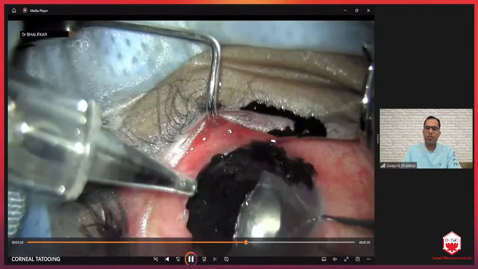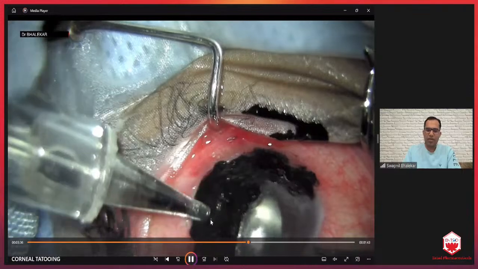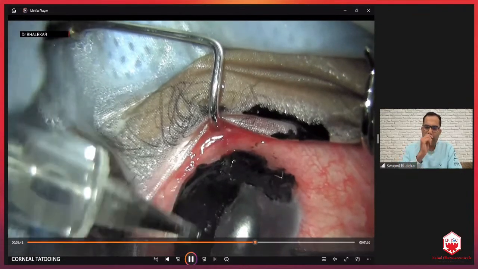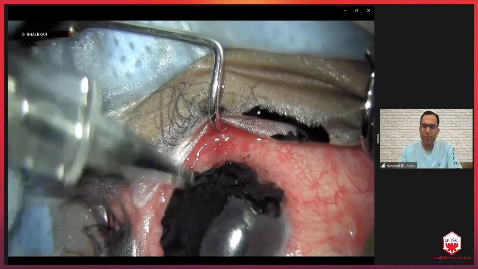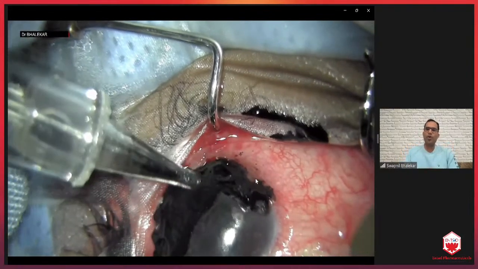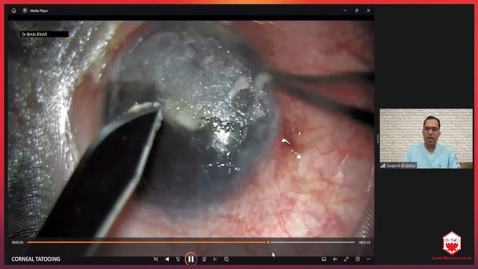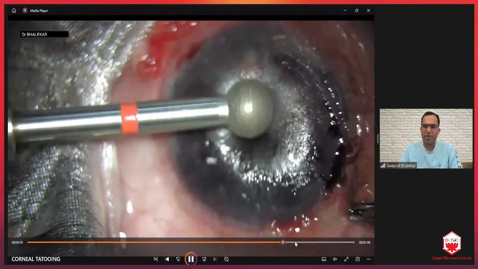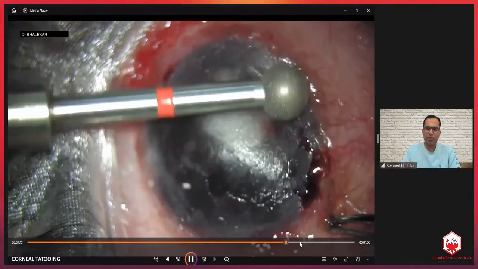Similarly, you can also use it for localized polishing where there are localized areas of corneal scarring. The tattoo gun is excellent. You can also do it manually with the needle, but the tattoo gun gives multiple pricks so that the tattooing is uniform. As I said, try to remove all the mucus on the cornea and polish the cornea nicely before doing tattooing so that it will get epithelialized nicely and it won't cause recurrent epithelial erosions. You can use a diamond burr for polishing, which makes the cornea really smooth.